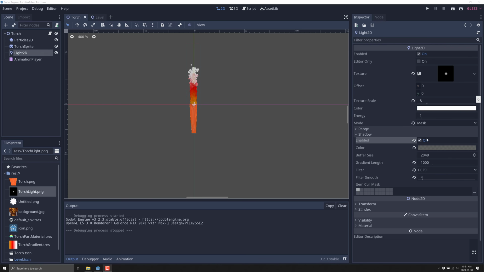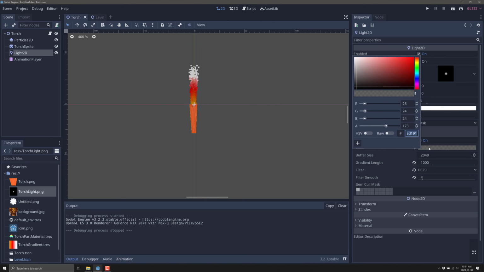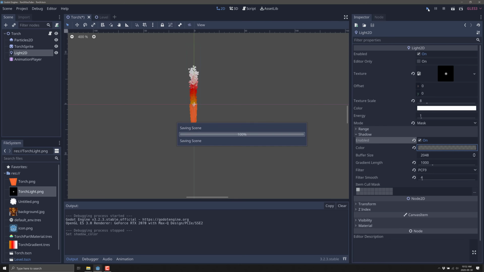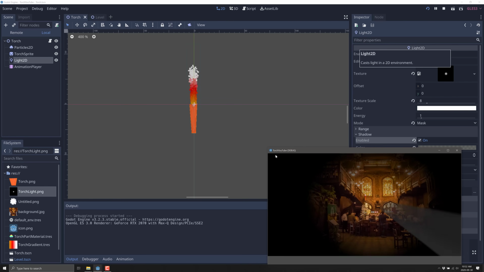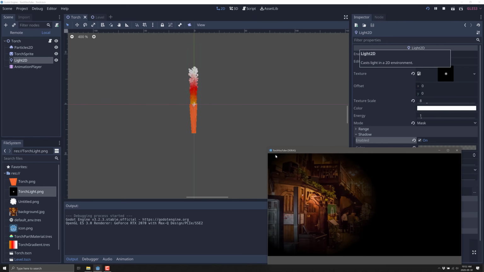So you're going to see the effect here. So what I've done, I've turned shadows on. I've set the color up to a mostly black color with about 60%, 70% transparency going on. I set the gradient length up. I filtered it a couple of times. You're going to play with these values to get something that you actually like. Now go ahead and run that, and you're going to see as we move the torch around in our scene,